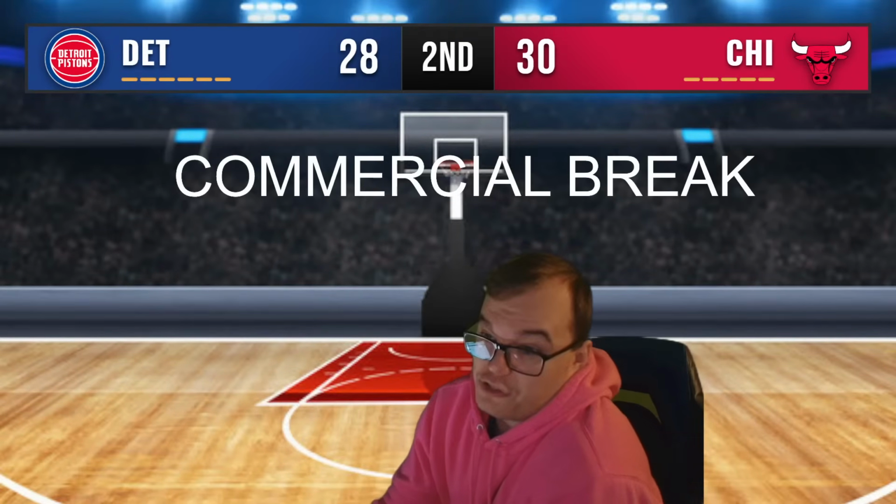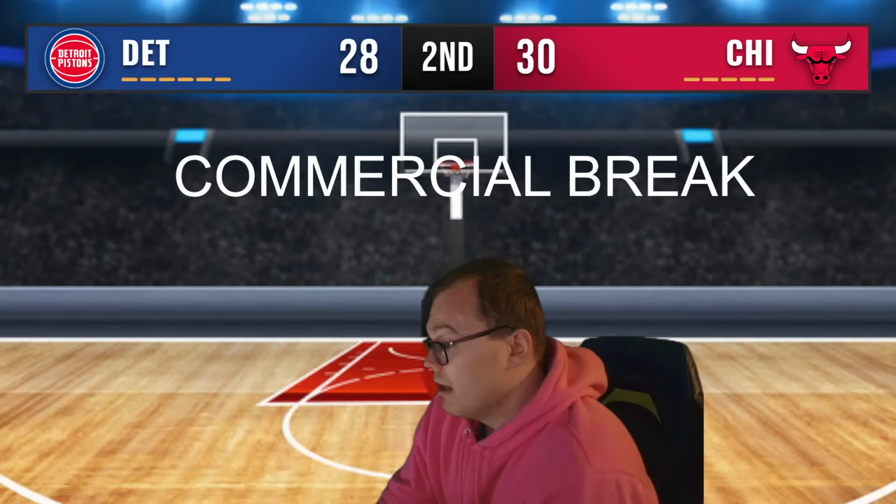I'd be curious to see if Kevin Huerter checks into this game for the Pistons tonight. Again, this is his former team he's going up against, so I would have liked to see Jaden Ivey, obviously, playing against the Pistons, but he's currently injured right now, so wish him the best. But we'll see if the Red Velvet can get going tonight.